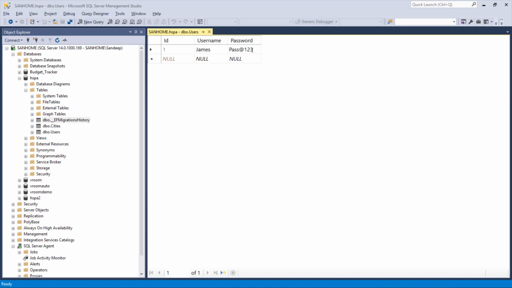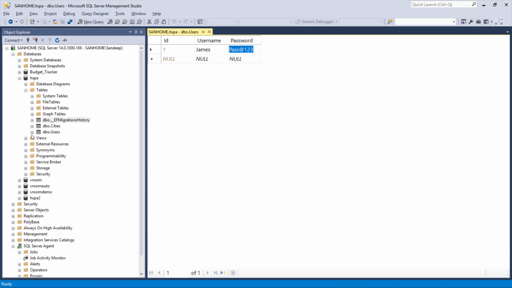So we have seen how to protect our password by storing them in alternate places instead of storing those in source control. At present, we are storing a user password in plain text. That is really not a good approach to store the password in plain text, because anyone who has access to this table can easily steal this information and be able to log in to the application.